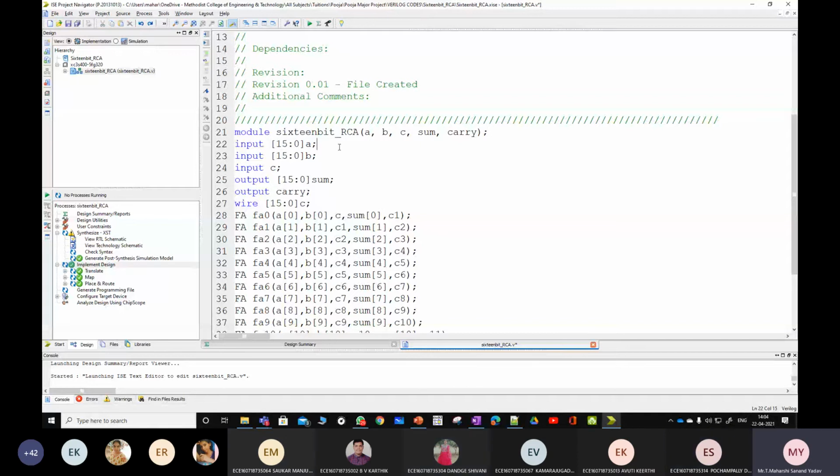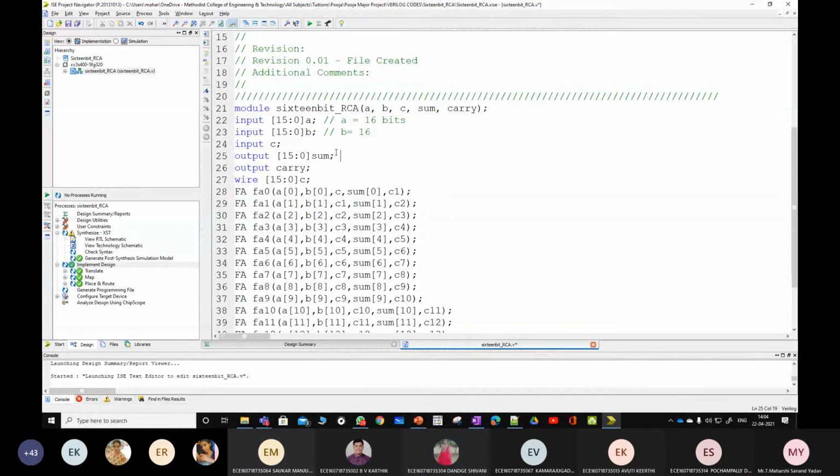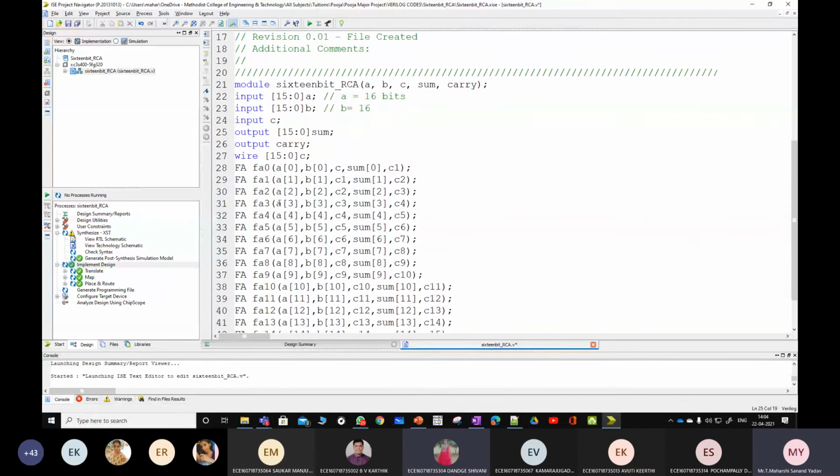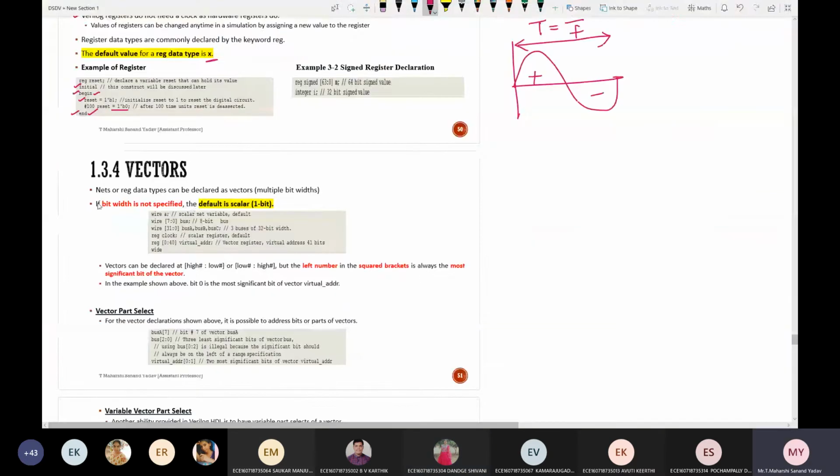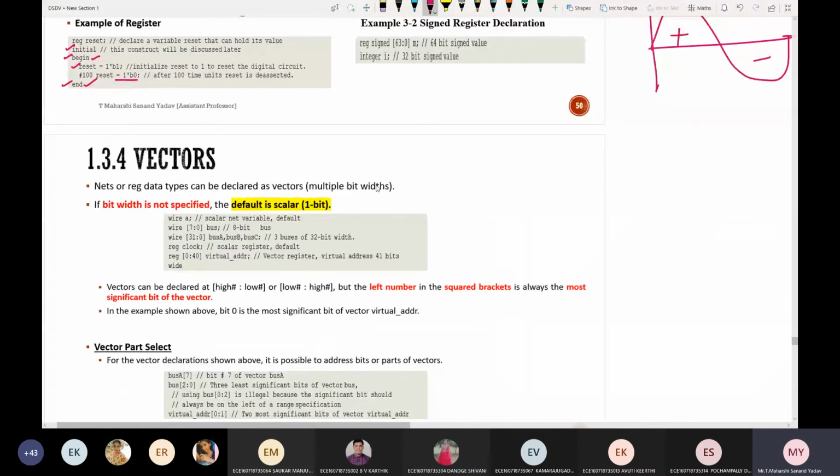So here, if you observe, this A is of size 16 bits. Next, what about this one? What is the size of B? 16. B is equal to 16 bit. So we call that one a vector.